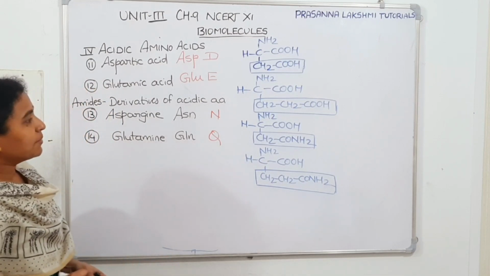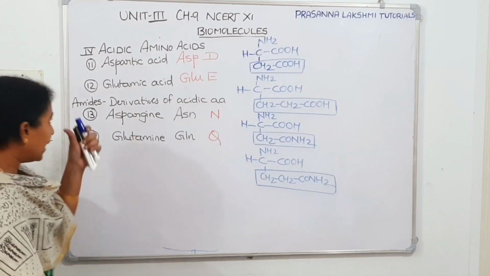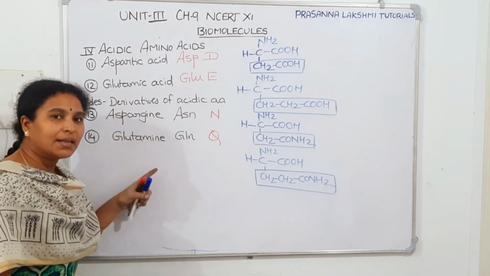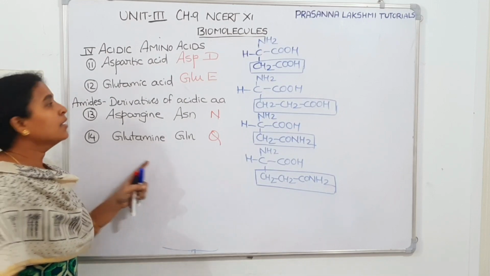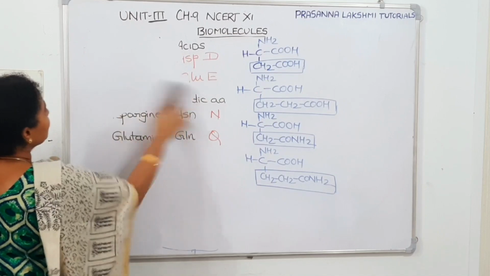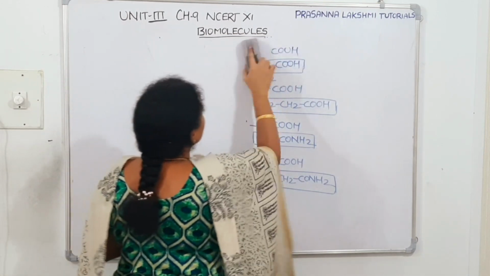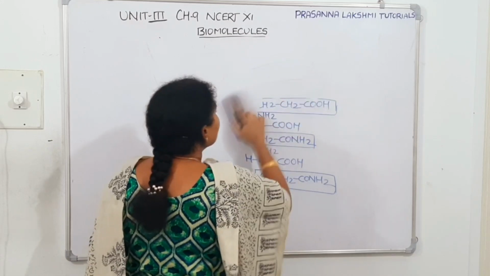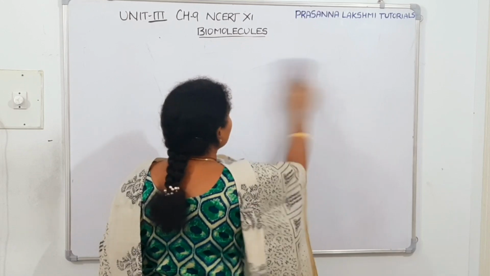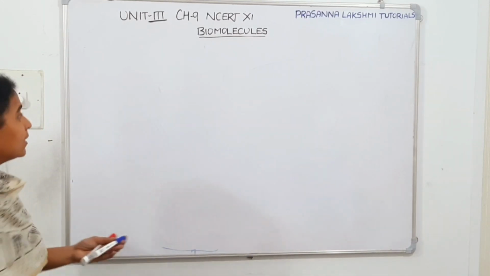So now acidic amino acids got over, then goes with basic amino acids, right? So 10 we counted, 11, 12, 13, 14 are aspartic acid, glutamic acid, and the derivatives asparagine and glutamine, right? So 14 we got. Now the next one, 15th amino acid, 16, 17. There are 3 basic amino acids, called lysine, arginine and histidine. If you study the structure of DNA, histone proteins are rich in basic amino acids called lysine and arginine.